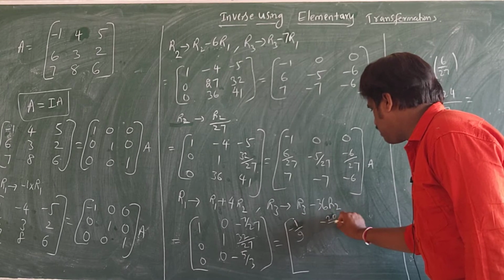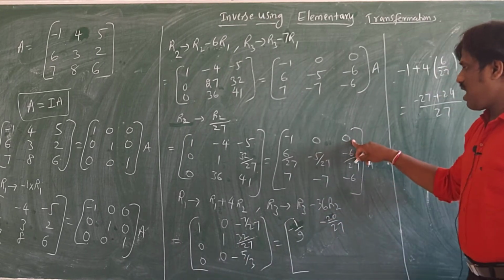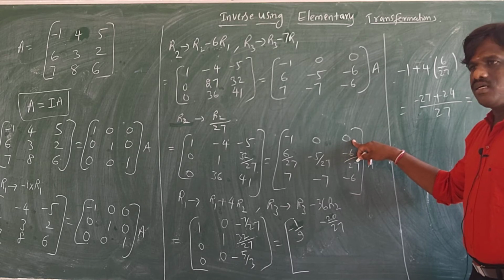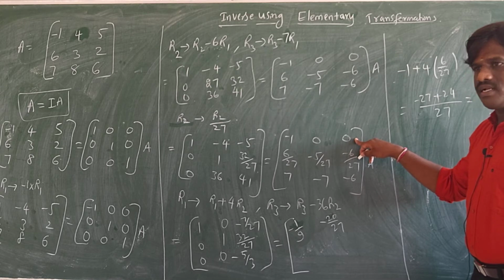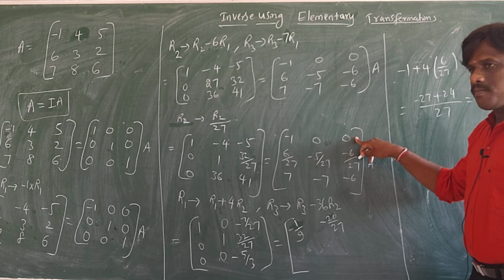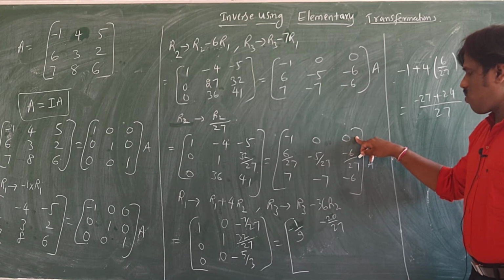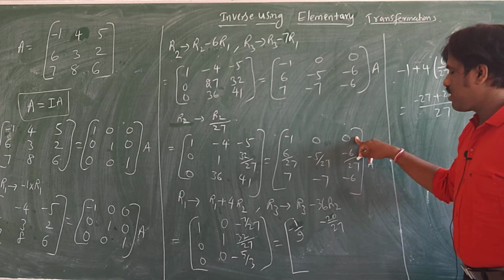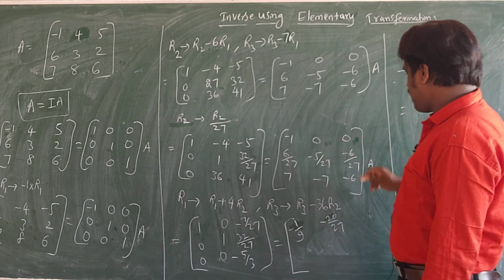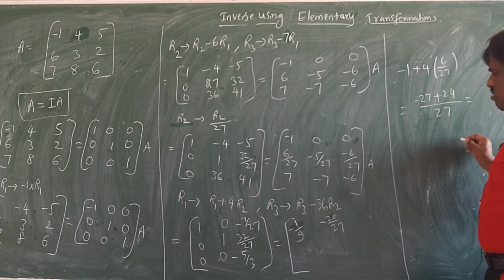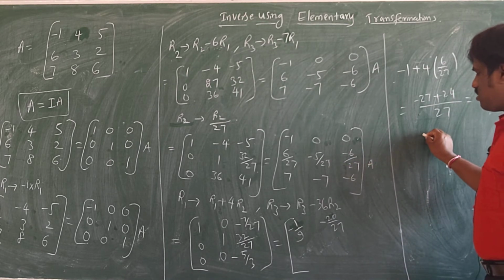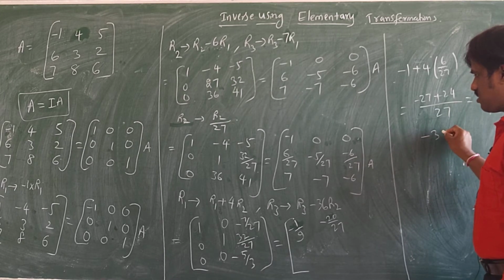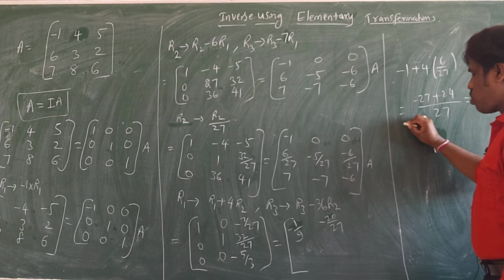4 times 20 by 27, 20 by 27. Now here R1, right? 24 by 27. Did I apply any rule here? I did not apply it last time, I applied it. We just had to change R2 now, so R1 and R2 remain the same. Tell me here. See, you are not telling anything. Minus 24 by 27. This one into this, right? Minus 36. No, sir. R1 plus 4R2 now.